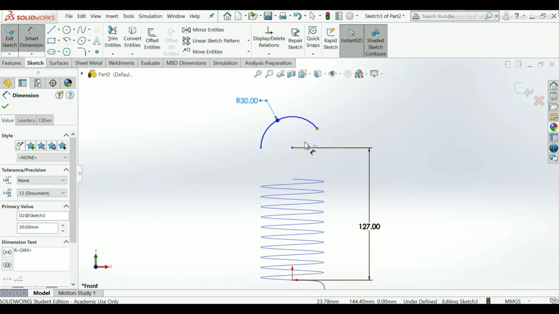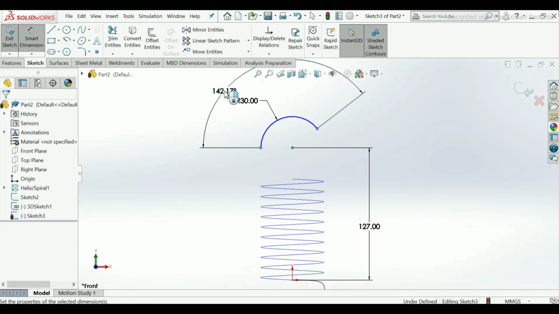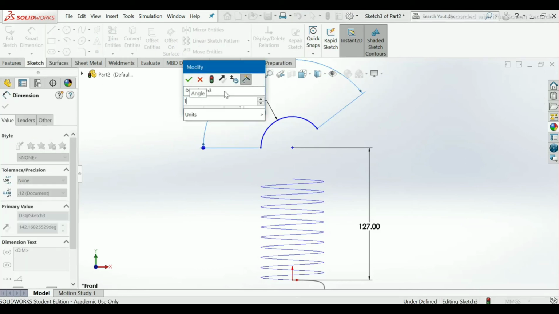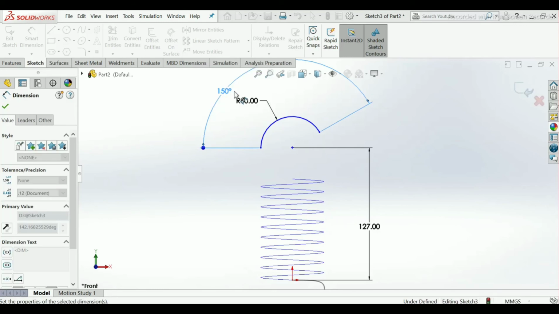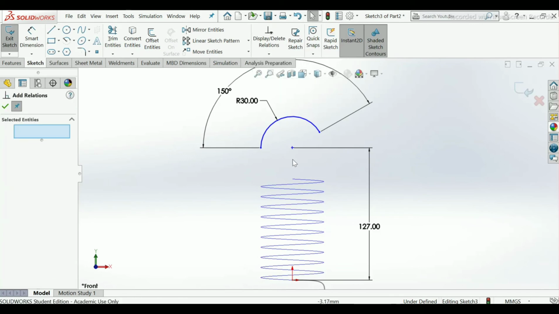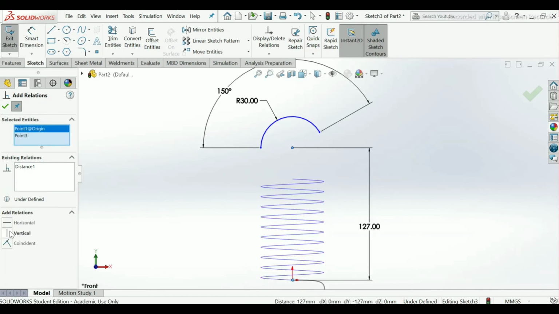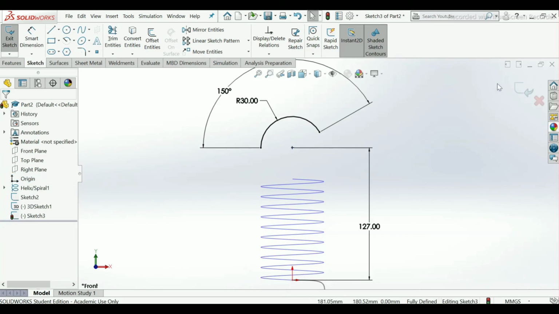Now select this point and this third one, give angle as 150 degree. Okay, now again give here add relation, select this point and this point, make it vertical. See, now our arc has fully defined. Okay, exit.